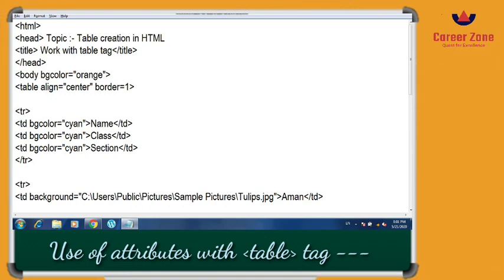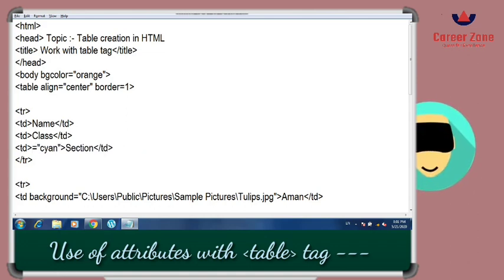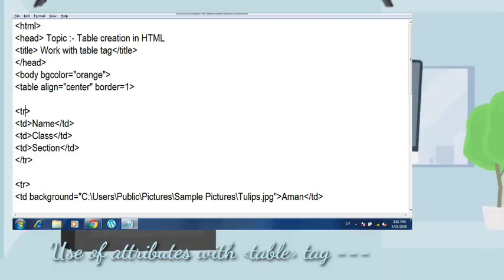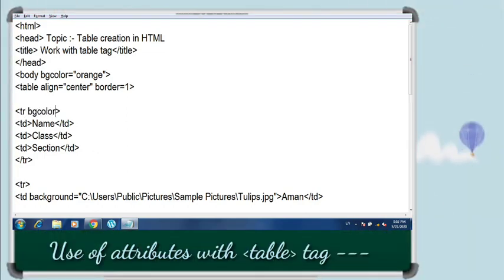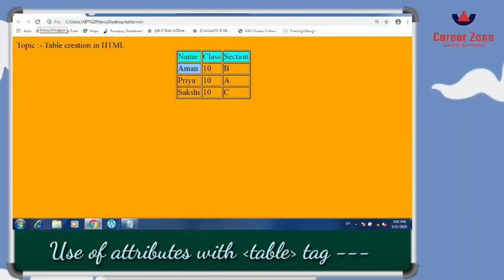But if you want to apply the same color to the whole row, instead of writing it many times, you can just simply define it here along with the TR tag, the table row, that BG color is equal to cyan. So it is going to change the color of that particular row.